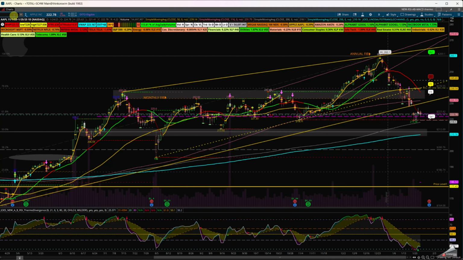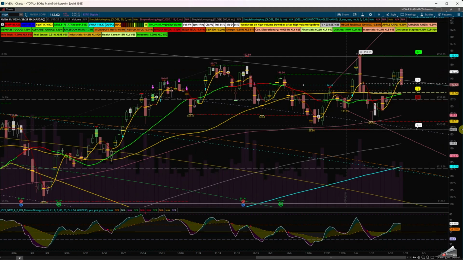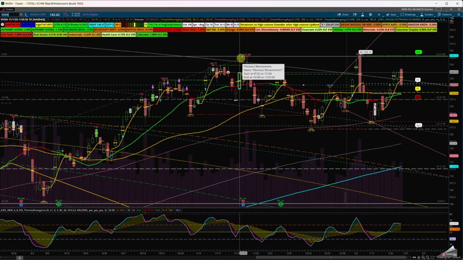So let's take a look at NVDA, and I wanted to show NVDA in relationship to Apple. You can see that the chip manufacturing sector has been range bound since November as well as October. You can see that range. We've been going back and forth, and I had called down here for a reset, which we got, to 100, and it rallied back up.